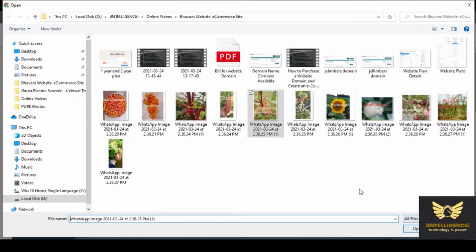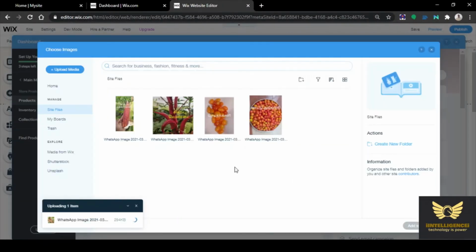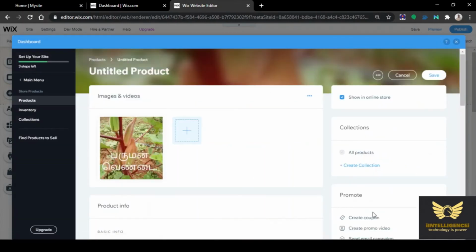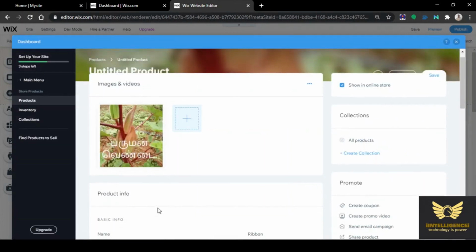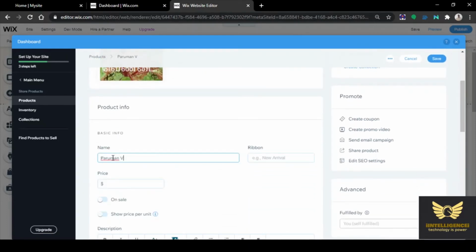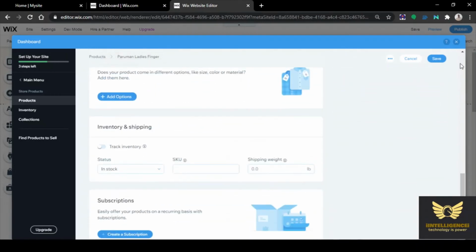Next image. Open. Click add images. Click save.